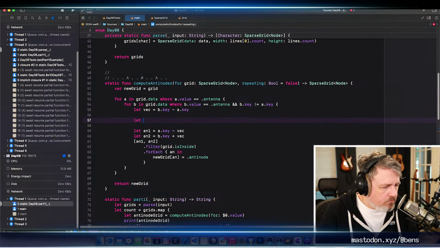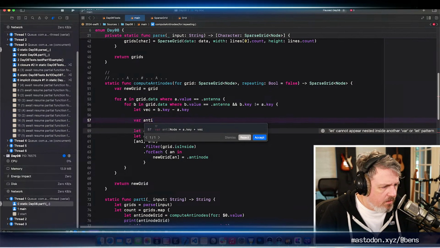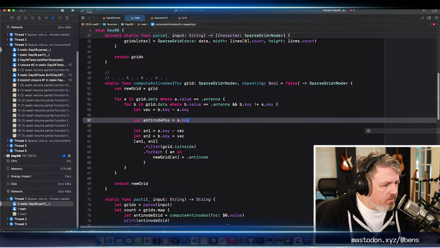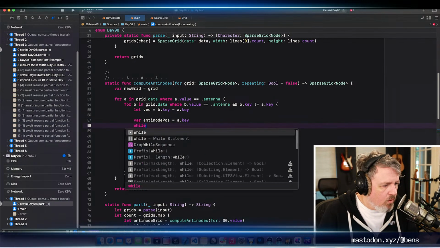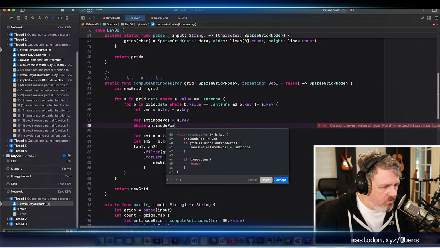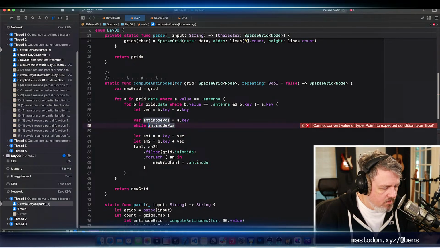So we know we have 2, so we know that antinode position is going to be there while the antinode position is inside the grid.